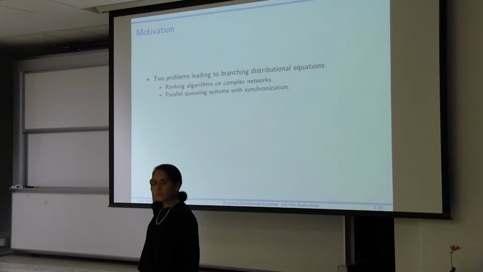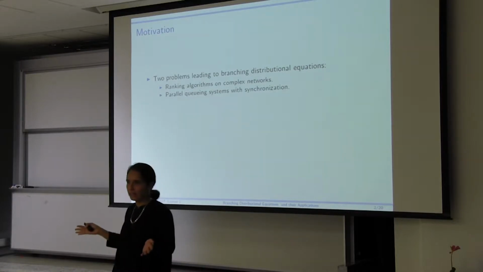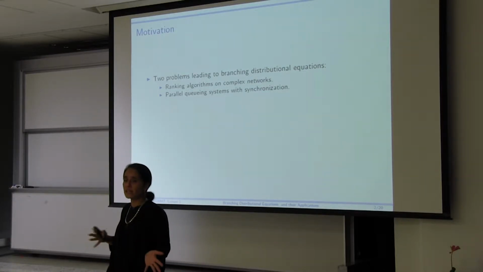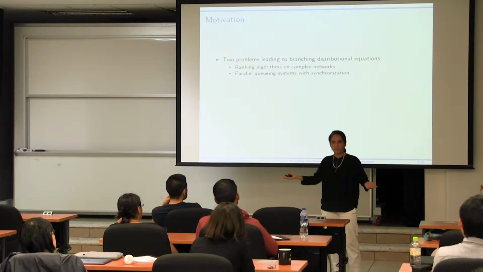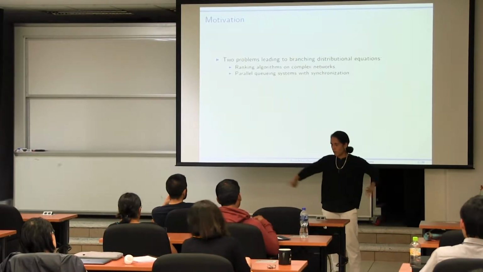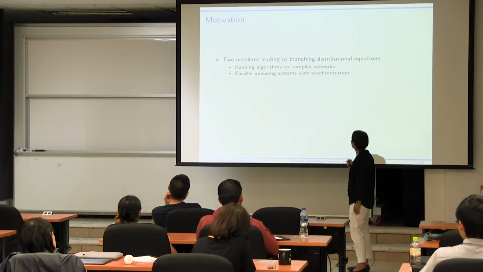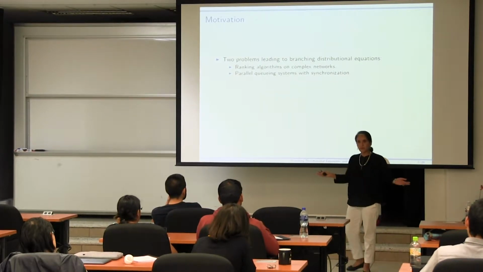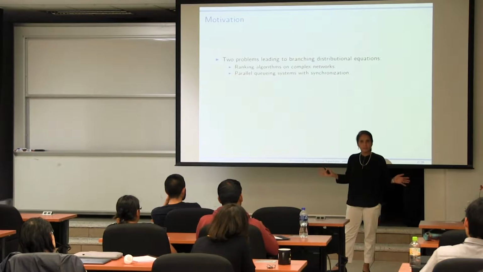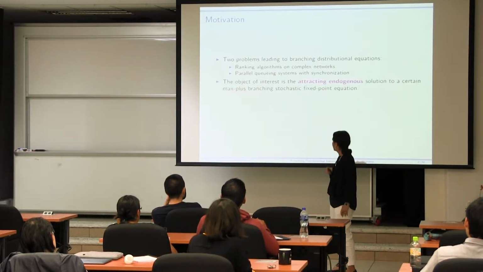The second problem is a motivating example for the higher order Lindley equation, where you see that it's a queuing problem, but it's a queuing problem that rather than give rise to that simple Lindley equation that I showed you yesterday, gives rise to the branching version of that because we have many possible avenues to go to. And that comes from a problem related to queues where jobs have to be split into pieces and then processed simultaneously or in a synchronized fashion. And that's sort of the motivating example.